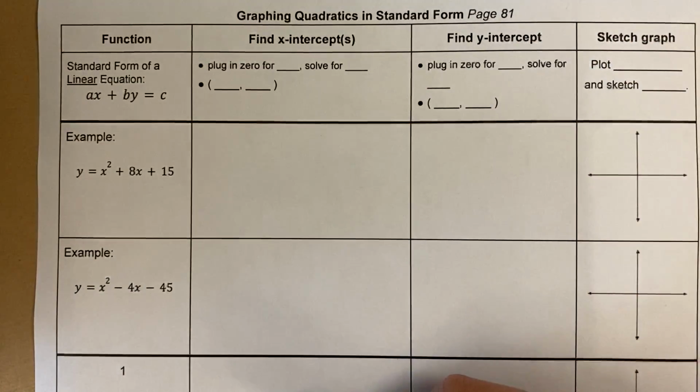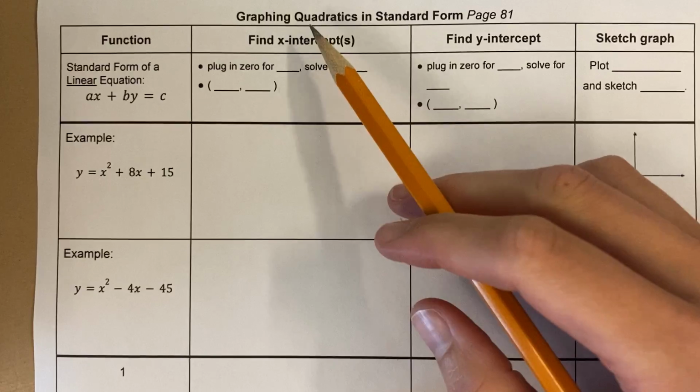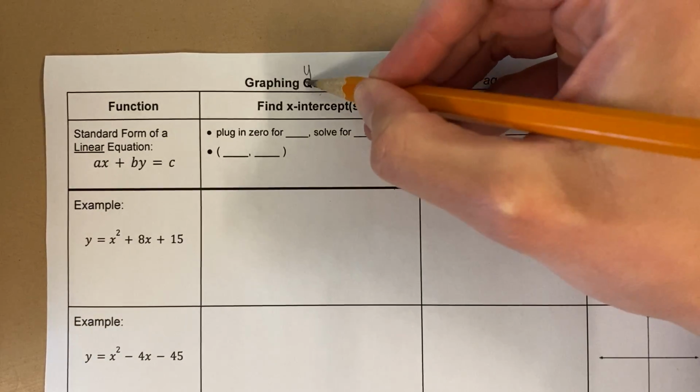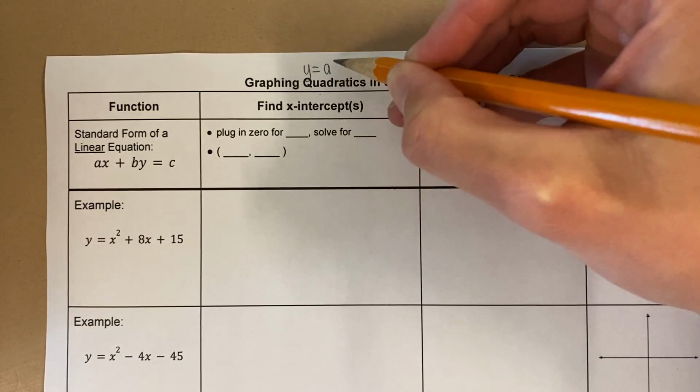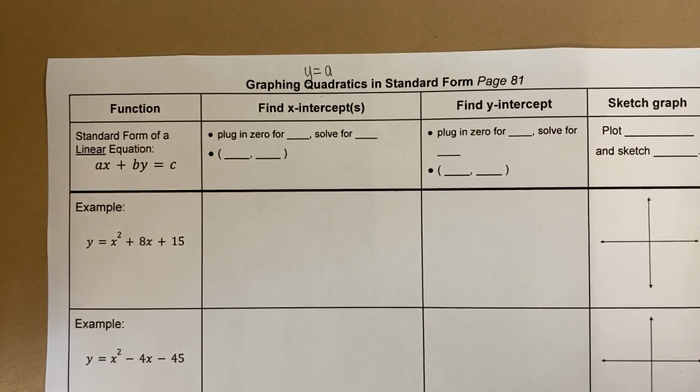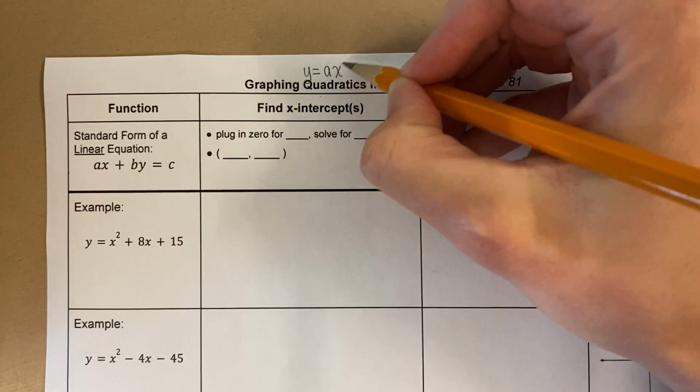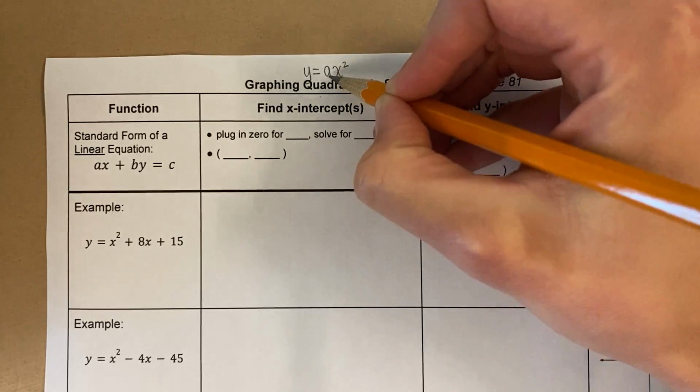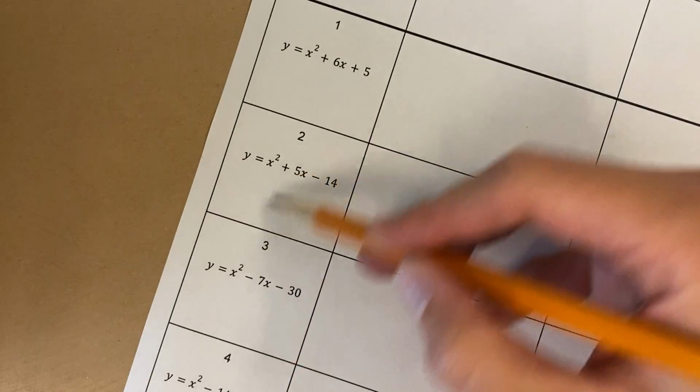Here we're going to be graphing quadratics. Okay, now all of the quadratic equations that we see today are going to be in what's called standard form. It looks like this. There's y equals, and there's a number times x squared. Sometimes this number is 1. For example, in this whole page, that number is 1,